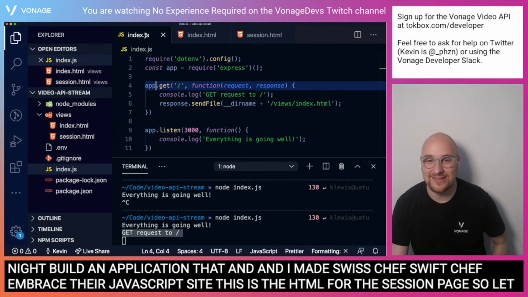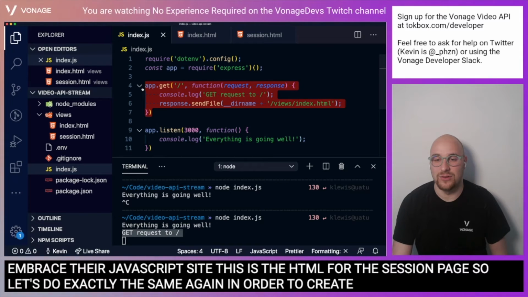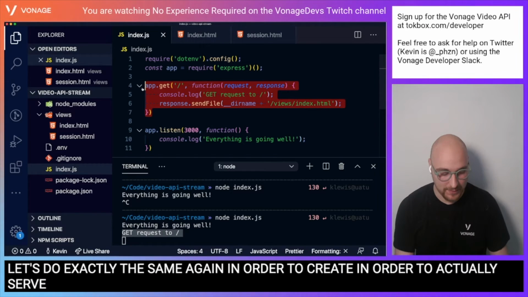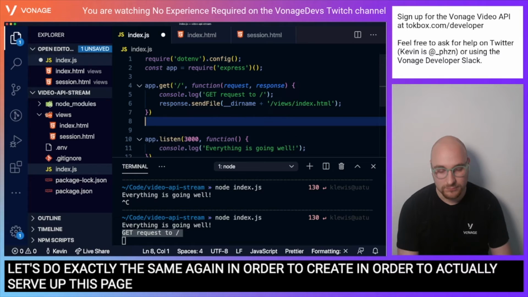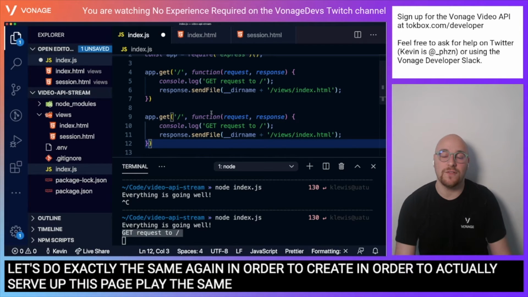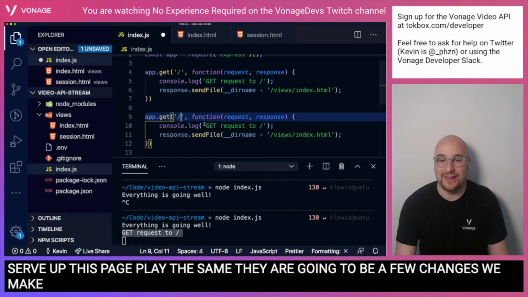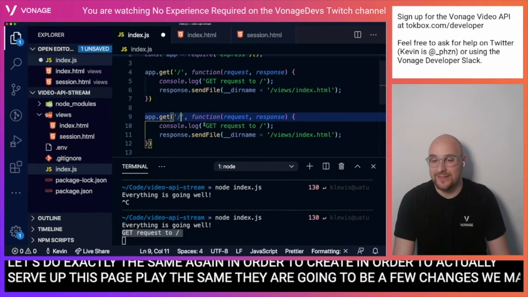This is the HTML for the session page. So let's do exactly the same again in order to actually serve up this page. So we're going to copy and paste that because it is mostly the same. There are going to be a few changes we make. Firstly, the actual endpoint itself. So this endpoint we will do at